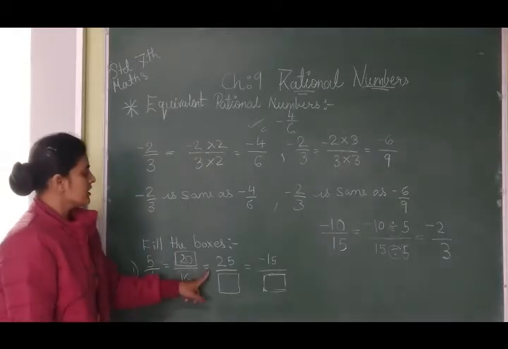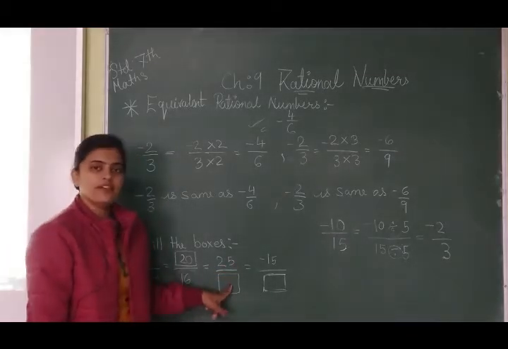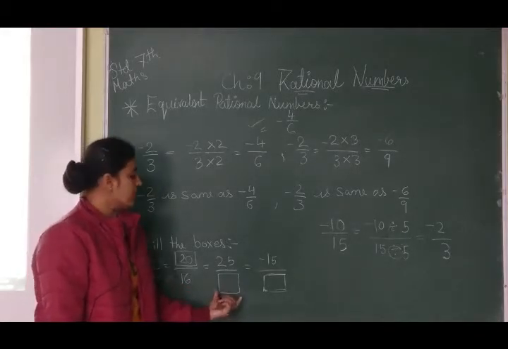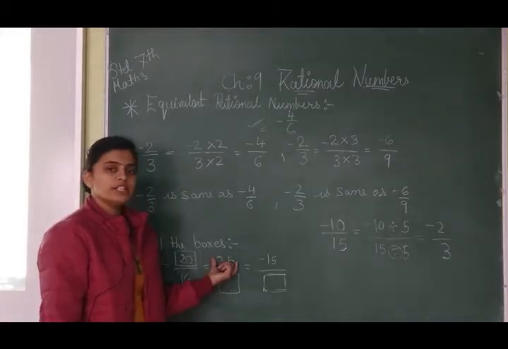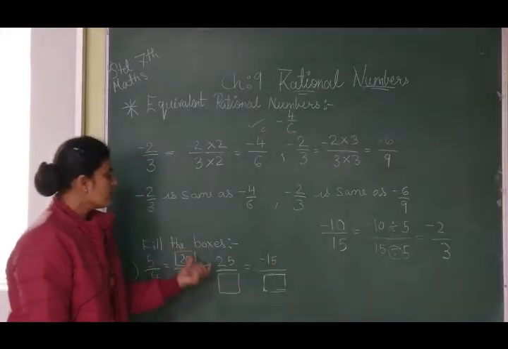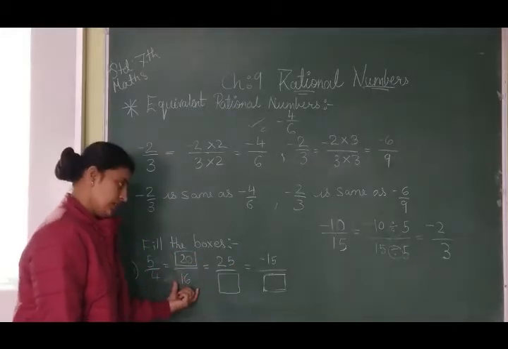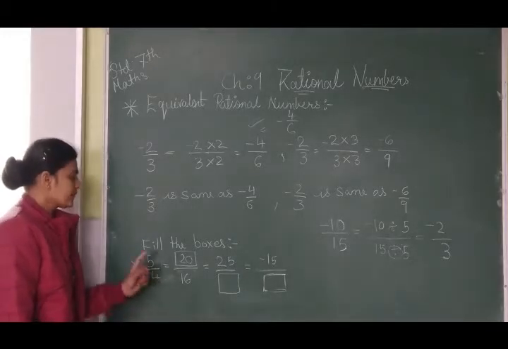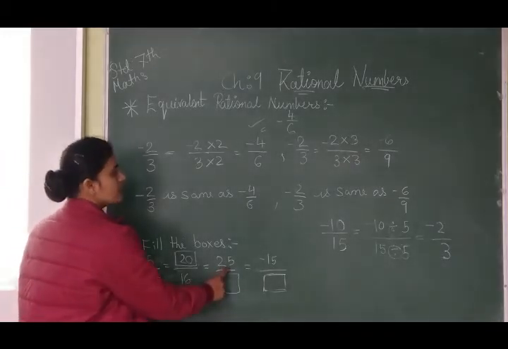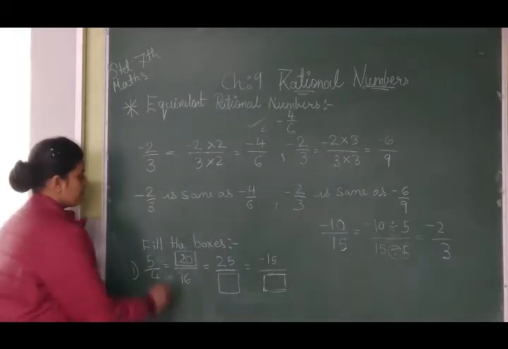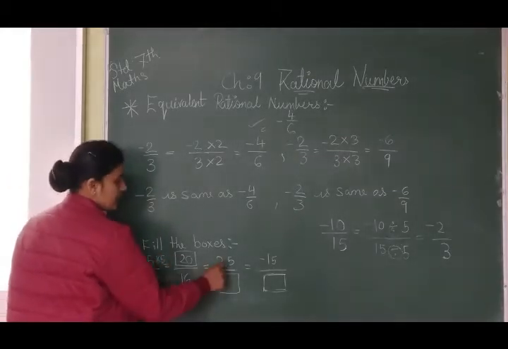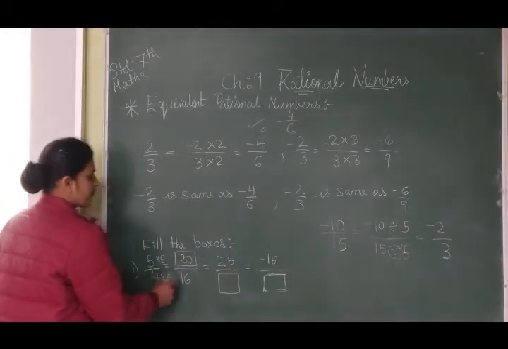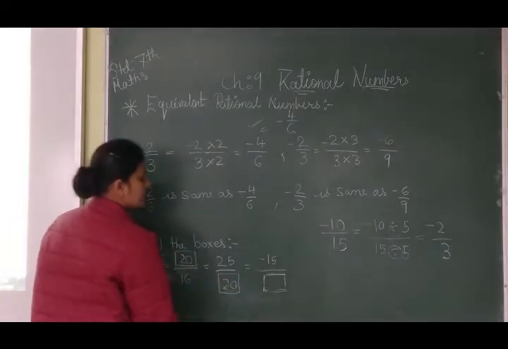Now the next one, it will be equal to 25 divided by what? Here we have to find the denominator, since the numerator 25 is already given. For finding this we can use this rational number, and we will use this one. Now what is the relation between 5 and 25? 5 5s are 25. So we multiply 5 by 5 and get 25. So 4 also we have to multiply by 5. 4 multiplied by 5, 4 5s are 20. So here also it is 20.